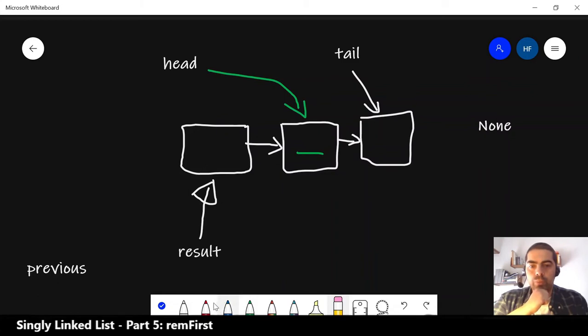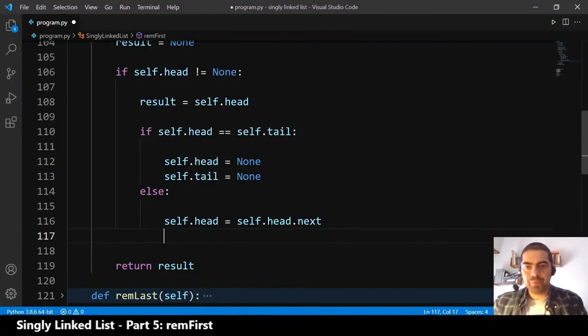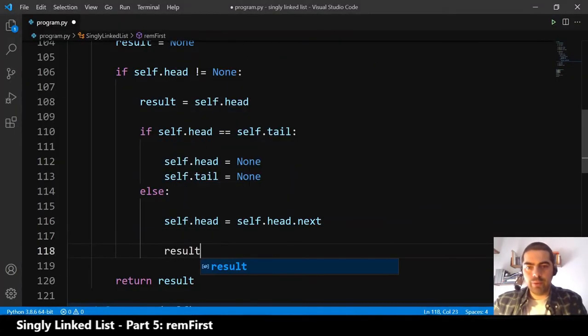We want to break this connection because this element doesn't belong to this list anymore. So we do result.next is equals to none,